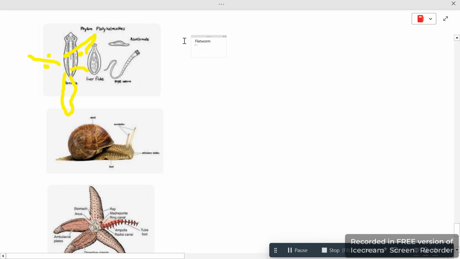Their body is flattened like a pelvic. The examples could be tapeworm, liver fluke, and planaria, which were just discussed in the picture. The tapeworm you can see, then the liver fluke, then we